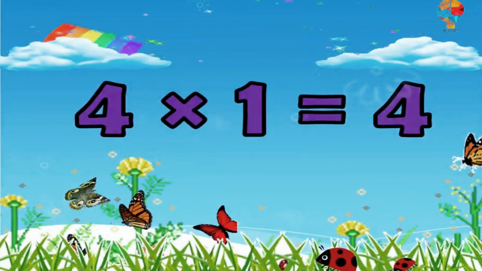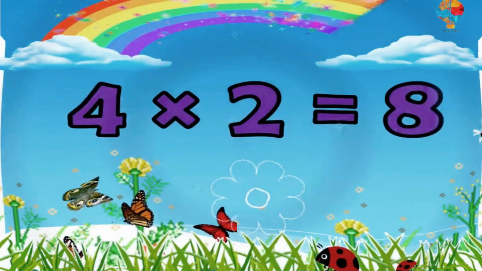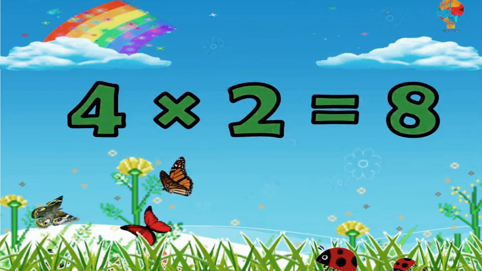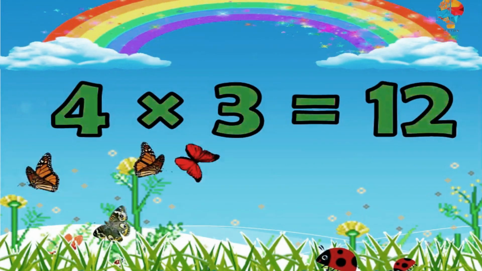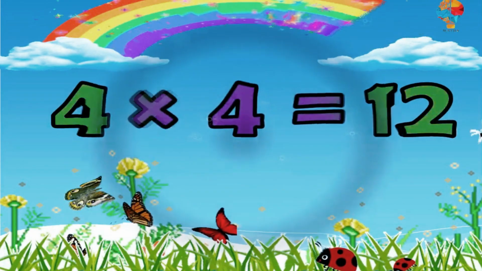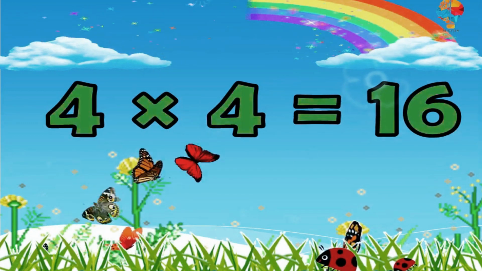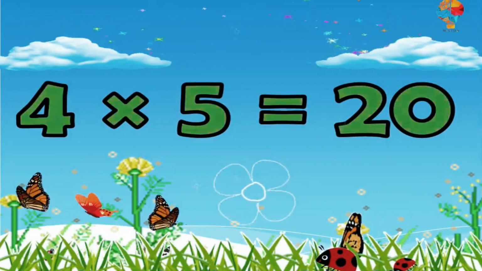4 ones are 4, 4 twos are 8, 4 threes are 12, 4 fours are 16, 4 fives are 20,